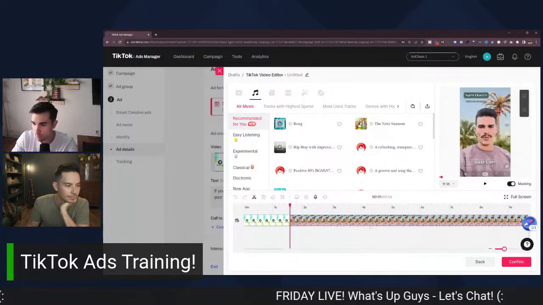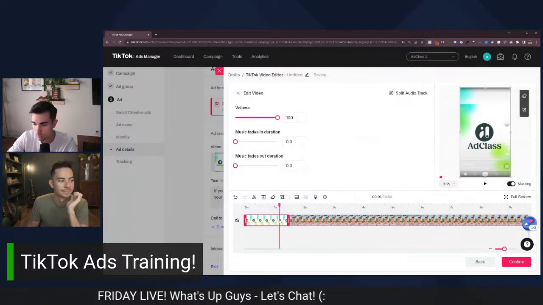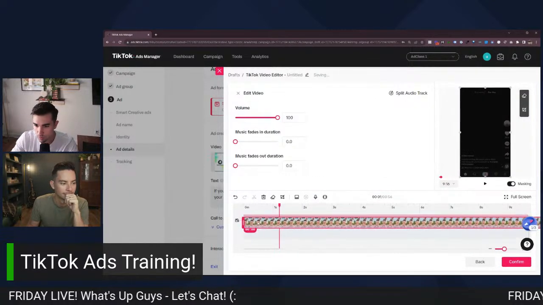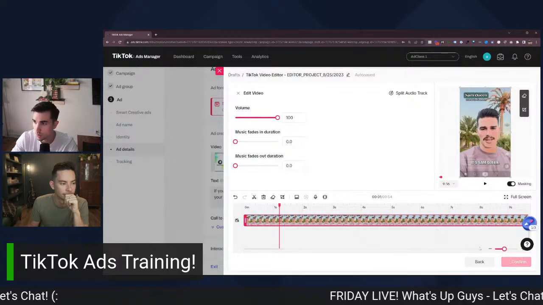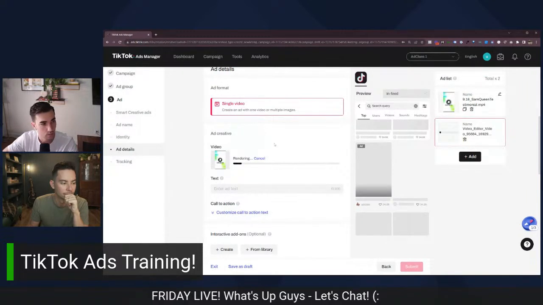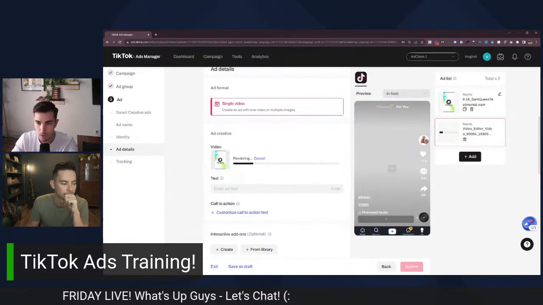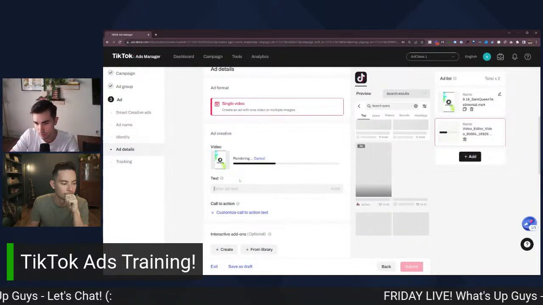So I'm just going to trim that piece, split, delete that piece, move this piece over. It's literally a video editor, which is pretty awesome inside of the TikTok ads manager here. I'm going to re-render this video. It removed my call to action.